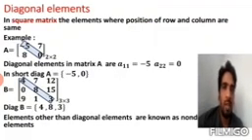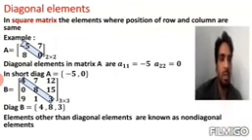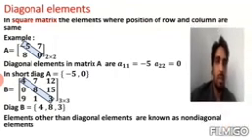Now before I go to the next matrix, we need to understand a very important concept of some elements in the square matrix. I am talking only about square matrices: the diagonal elements. Diagonal elements means those elements where the position of row and column are the same. If you consider an example, you will understand better. Here the matrix A with 4 elements minus 5, 7, 8 and 0.